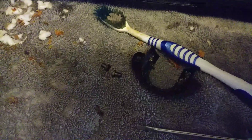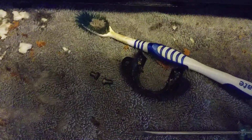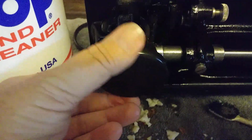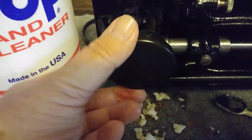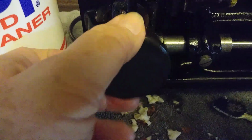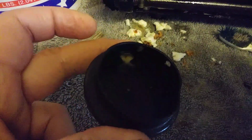Okay, these guards that protect the underneath gears, these guards that cover these gears, they've got some old hardened oil in them as well. I'll put some goop in those and clean those up. And a lot of times this one sits here. Let me see if I can show you. It sits here like this. I like to remove that one in particular because if someone's using pins, they will drop down through the bobbin case and drop into this. So you'll have broken pins and all kinds of...